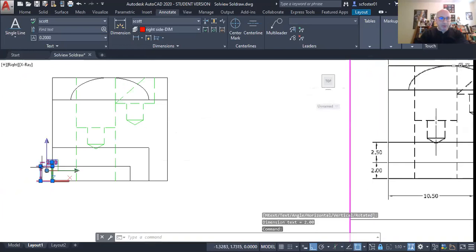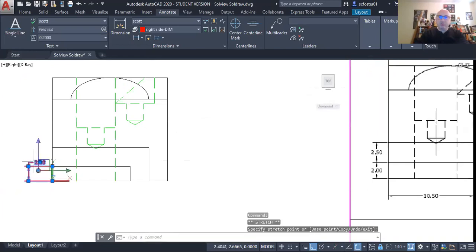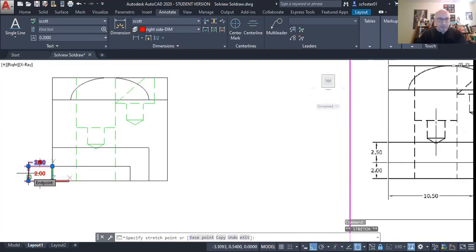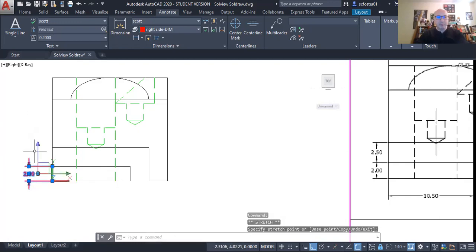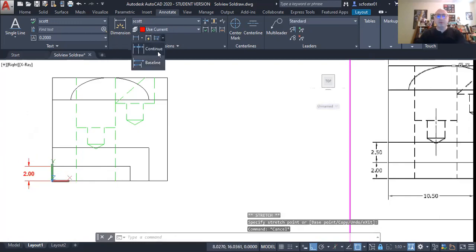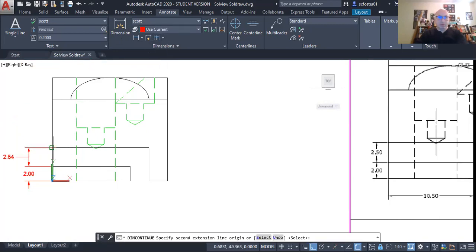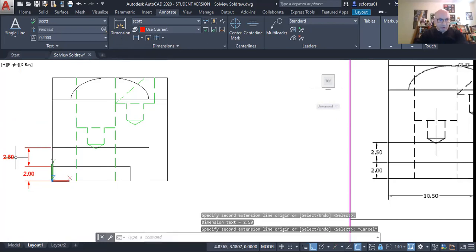If it comes out with the dim center line, that means it's still using the override from the center line that we used before. So this is in the wrong spot, so I'm just going to click on the grip and drag it, and shift, right click, and go to midpoint. That's not going to the right place, so we'll just drag it up a little bit. Come on, there we go. Okay, so I'm going to click, not baseline, but continue to do that dimension. And drag it in,